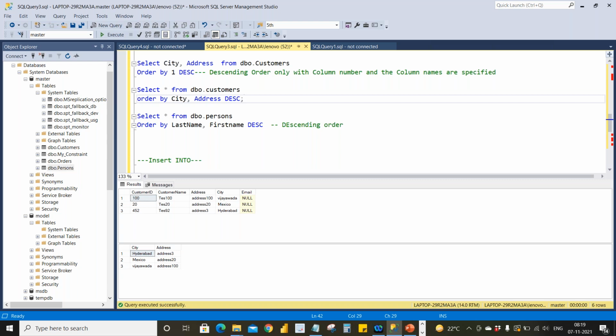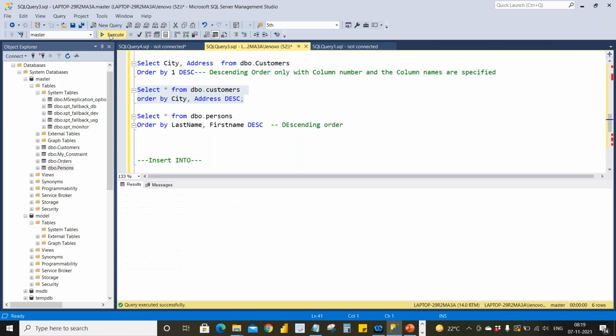Did you get my point? So now what happens exactly? First the order by is city and then the order by is address. I have given order by city and I didn't specify which particular order it should sort, either ascending or descending. For the city, I didn't mention anything.